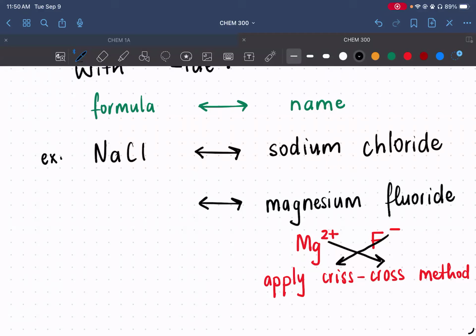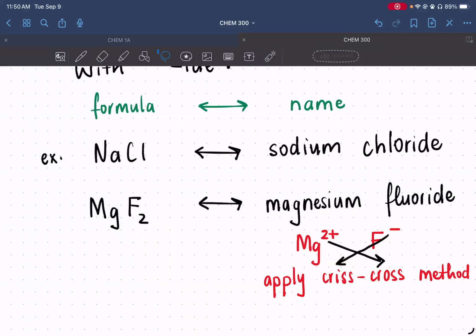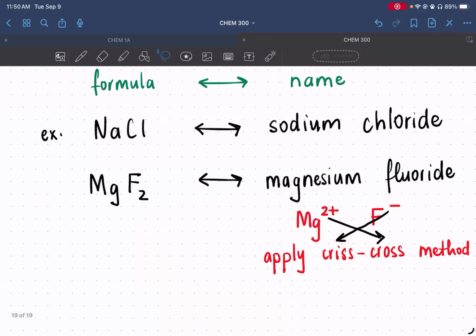In the case of the fluorine, it has a -1. That 1 gets swung down, becoming right beside the magnesium. We do not swing down the charges, we swing down the numbers. And of course, 1 is conventionally not written. So our final answer is simply MgF2. The beauty of the crisscross method is that it works regardless of what the charge is, because all you're bringing down are the numbers. Take, for example, another molecule,